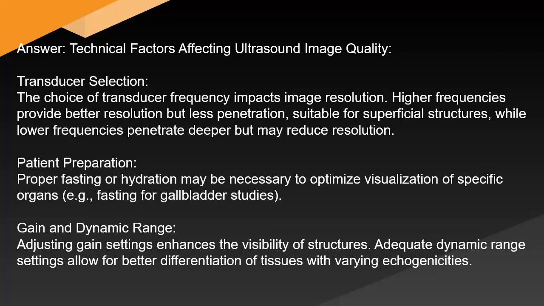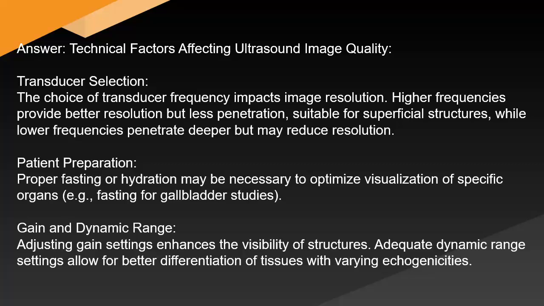Analyze the technical factors affecting ultrasound image quality and how they can be optimized during examinations. Answer. Technical factors affecting ultrasound image quality. Transducer selection. The choice of transducer frequency impacts image resolution. Higher frequencies provide better resolution but less penetration, suitable for superficial structures, while lower frequencies penetrate deeper but may reduce resolution. Patient preparation. Proper fasting or hydration may be necessary to optimize visualization of specific organs, e.g.,